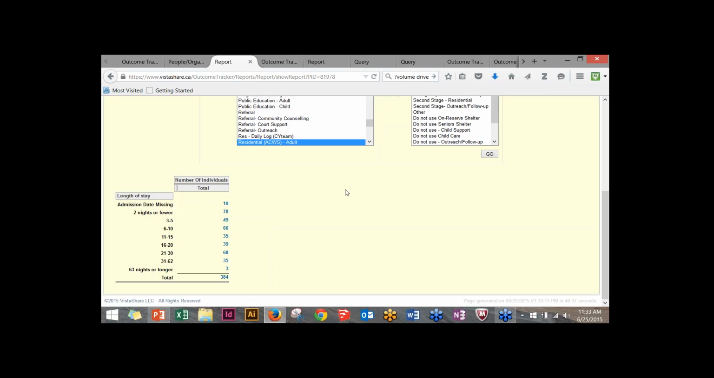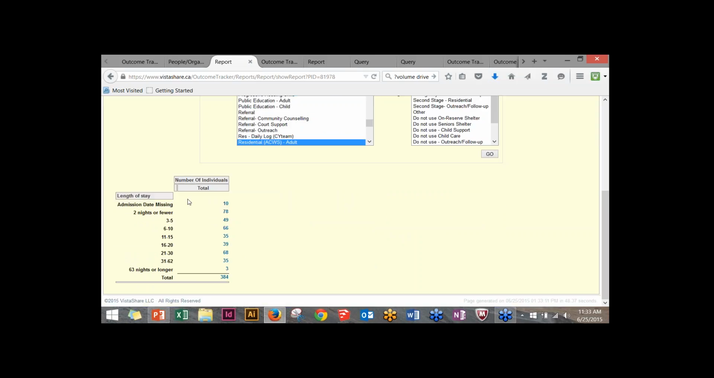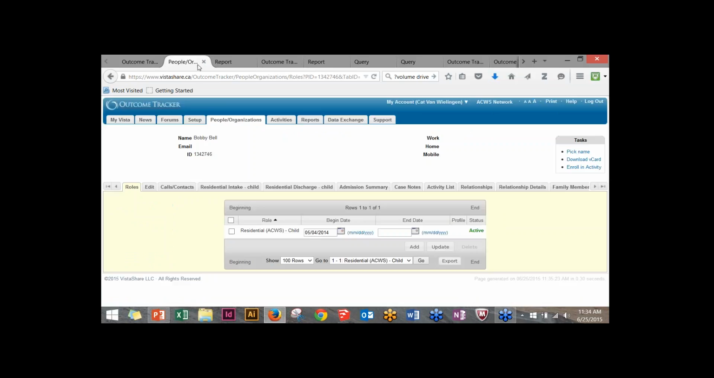So here is what the length of stay report looks like. You can see that you're prompted if anyone is missing an admission date, you are alerted to that. So this could mean one of two things. This could mean that either the admission date is empty for that record, or it could mean that